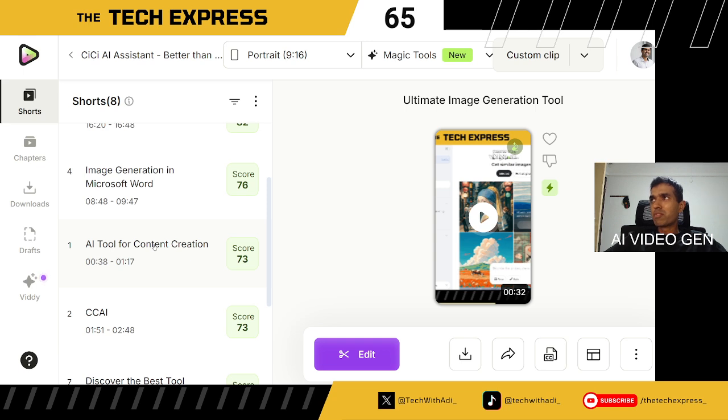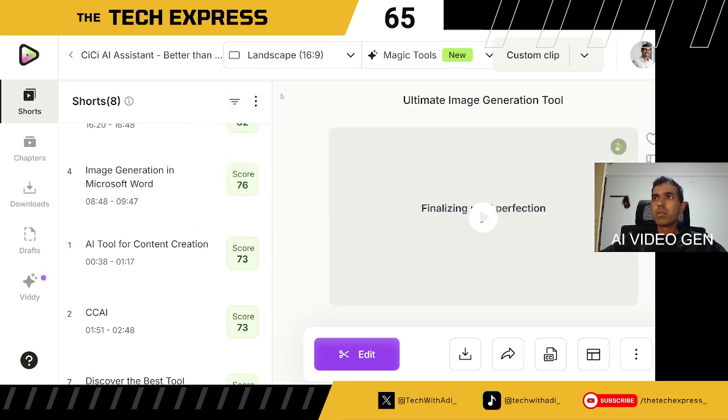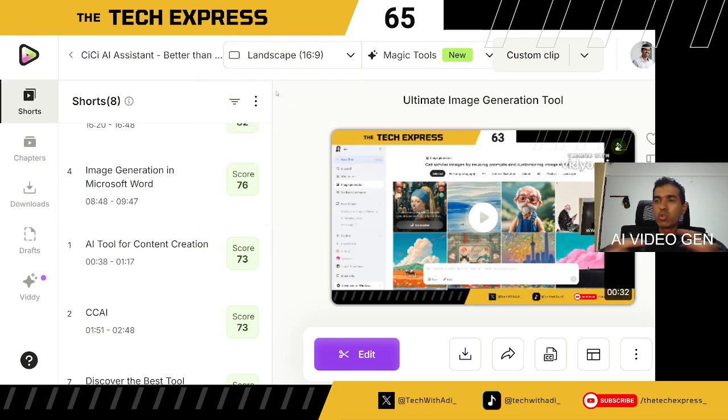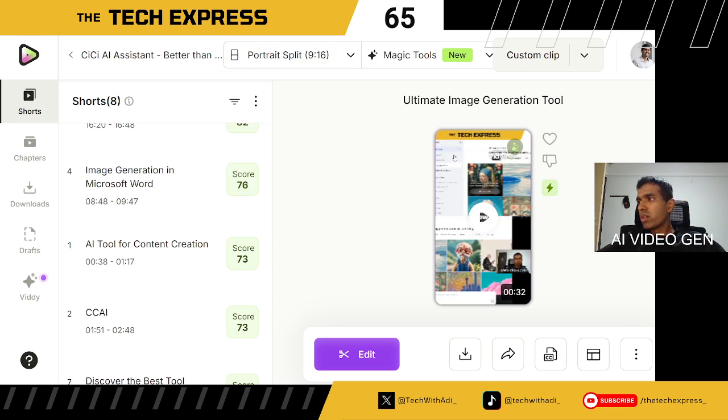And the fact that it gives you a lot more time in terms of the free version is a very good thing. And the other thing you can do, on the top here, is use the clip in the landscape mode as well if you feel that the tool hasn't done justice in the portrait mode. You have the portrait split mode as well, where you have the video on the bottom